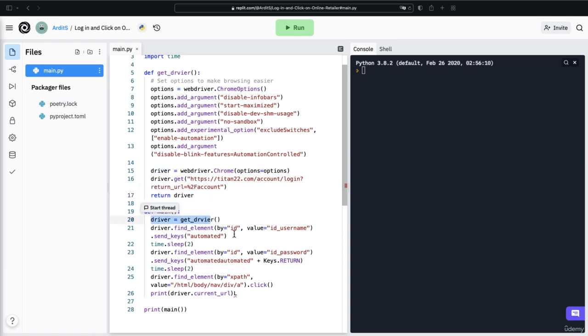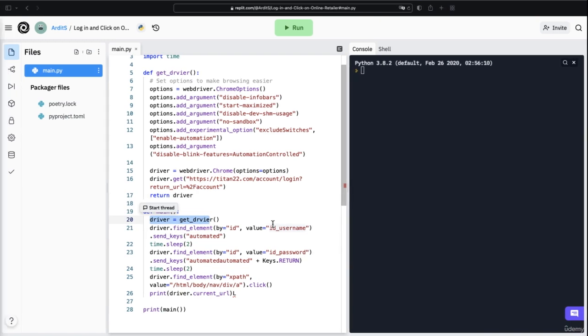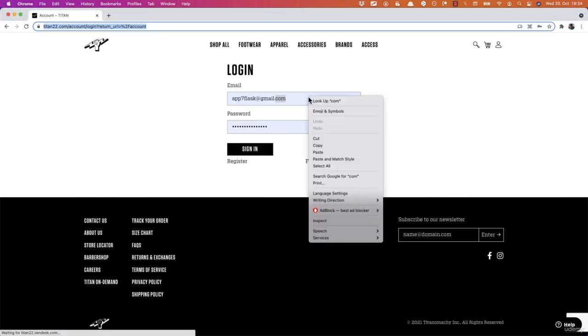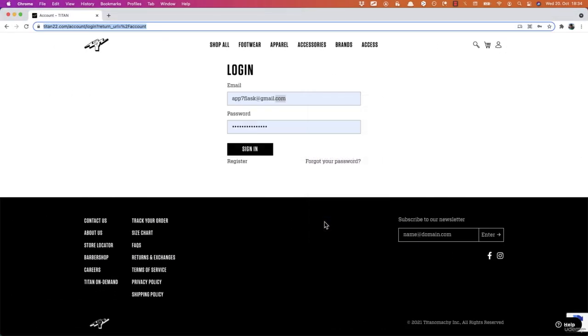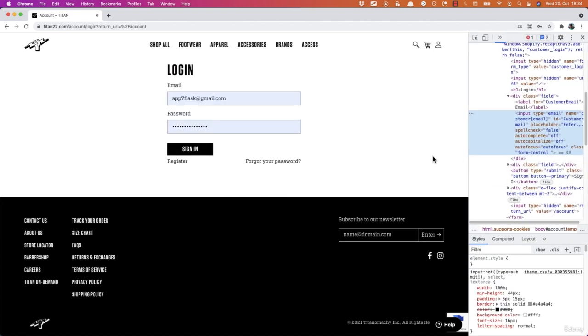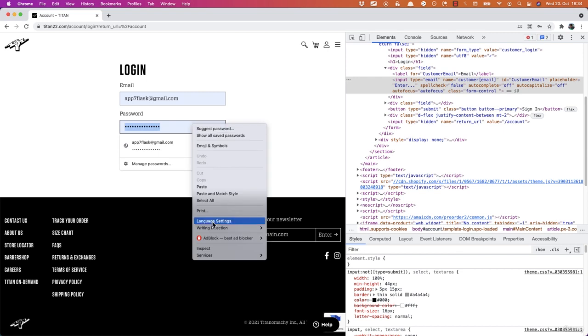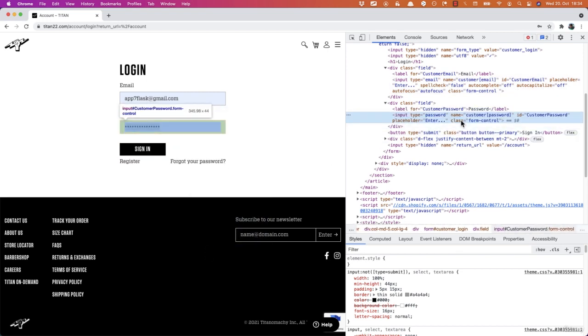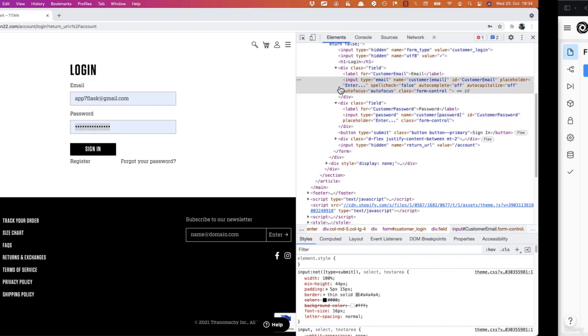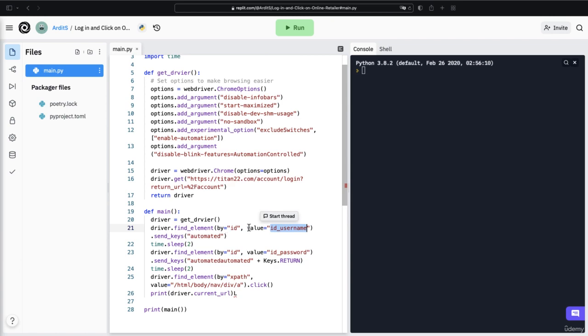We get the driver, and then we find the element, the username. So this box here has an ID of customer email, and let's see the password as well since we are here. So customer email and customer password, those two. Let me copy that, paste it here. So find element by ID